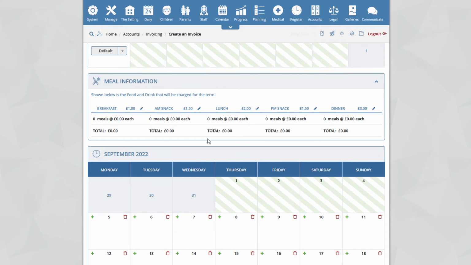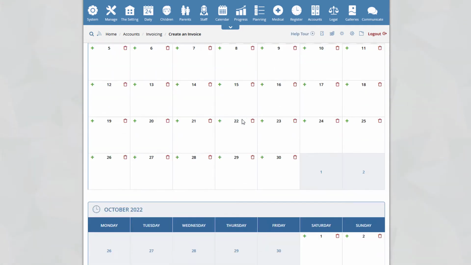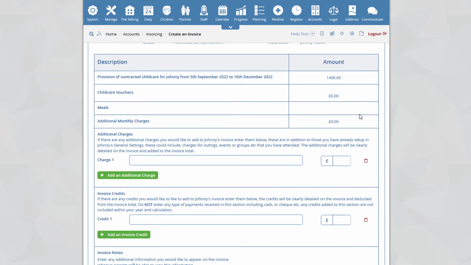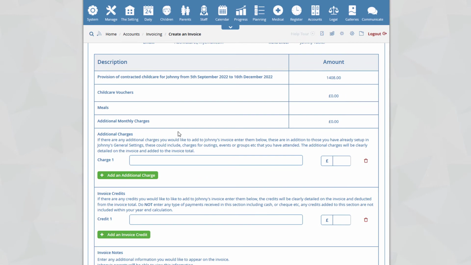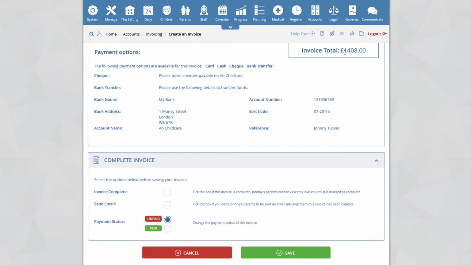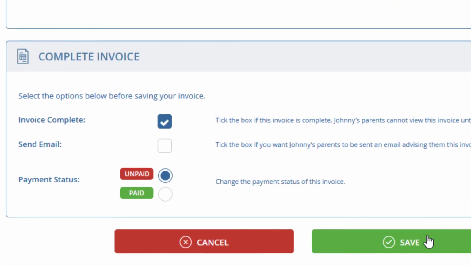Now we can see we have the breakdown of the meal information, no charges for any of the meals, and finally at the bottom of the page you will see a breakdown. Provision of contracted childcare, 1,408. That's 1,400 at the fixed rate and 2 hours at £4 per hour, making a total of £8, so 1,408. No childcare vouchers, no charges for meals, no additional charges. Total value 1,408. Once again, we're going to state that the invoice is complete and we're going to click on